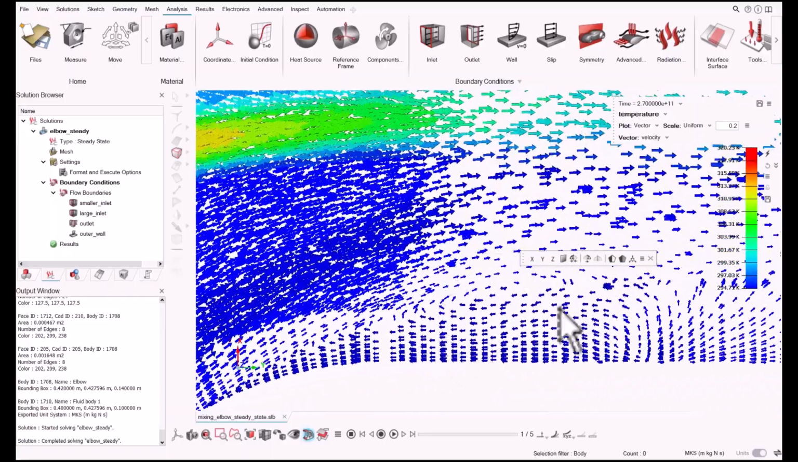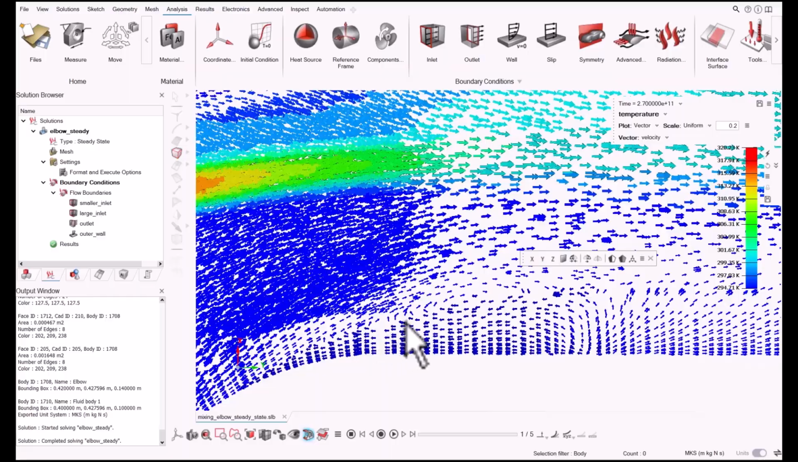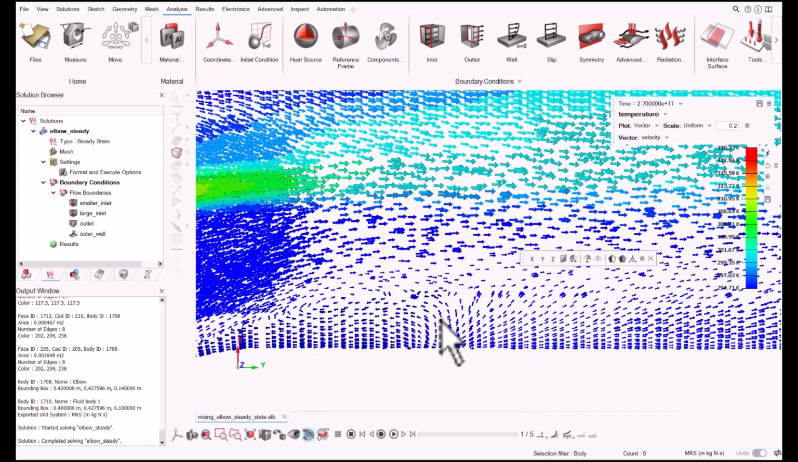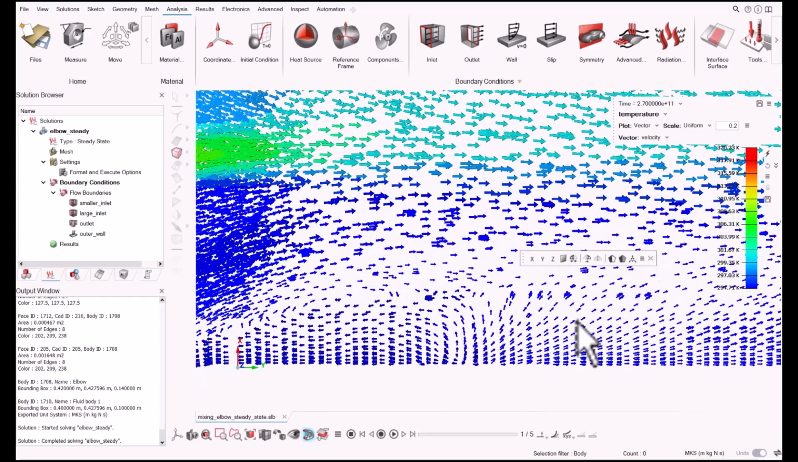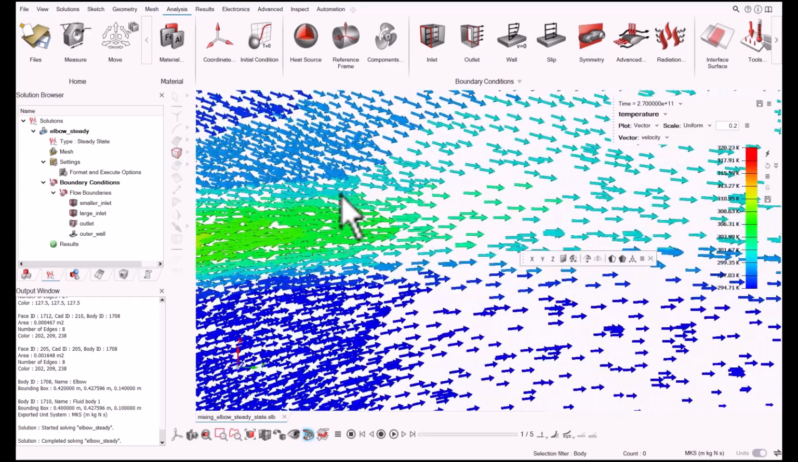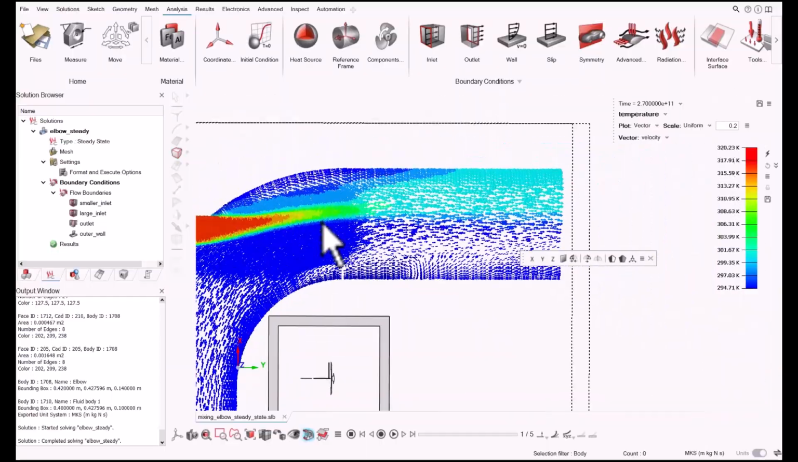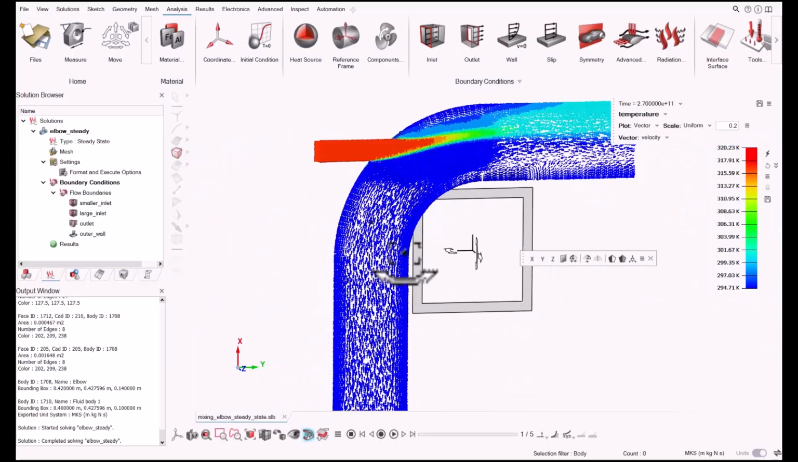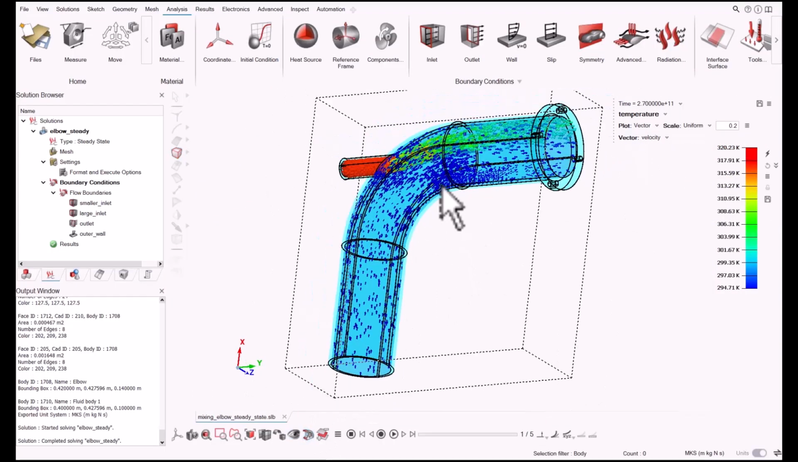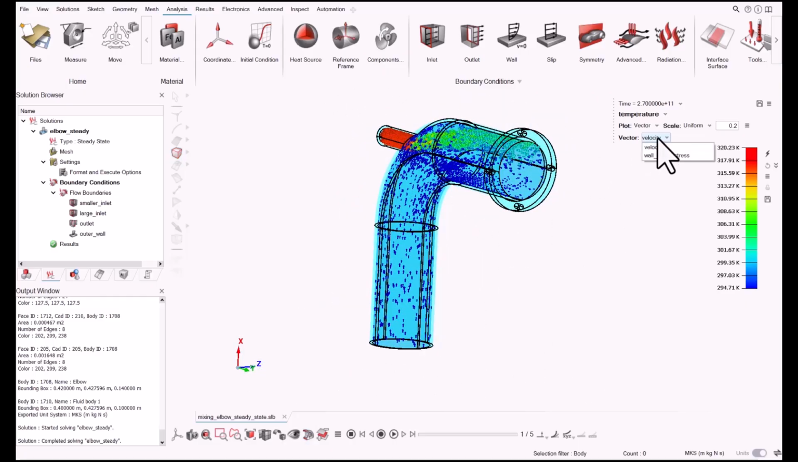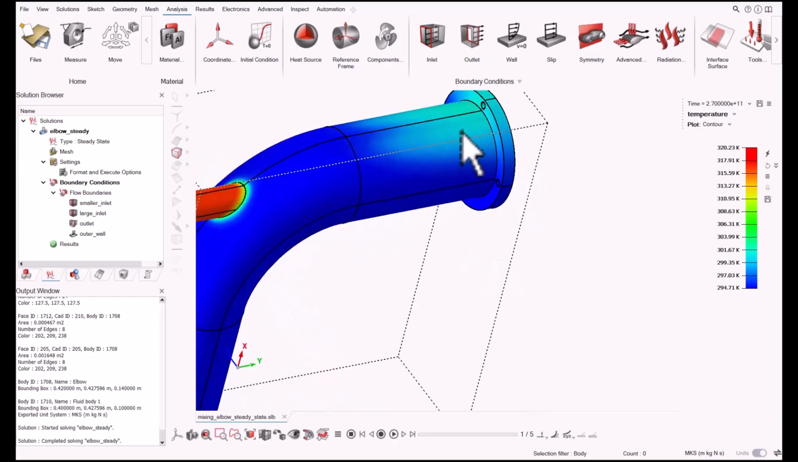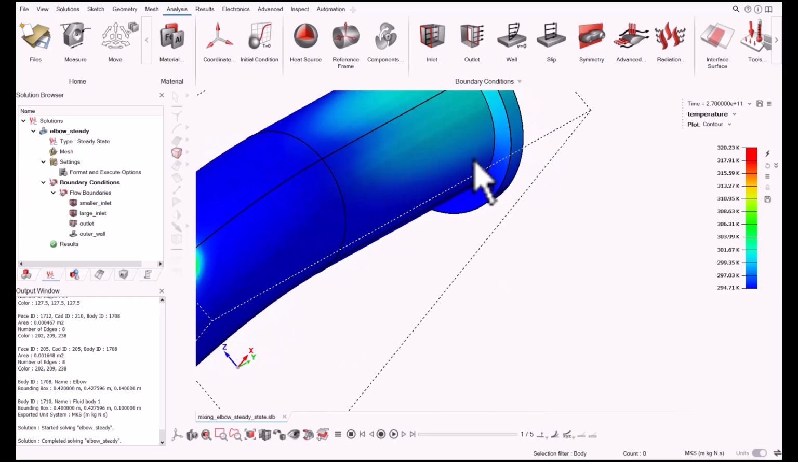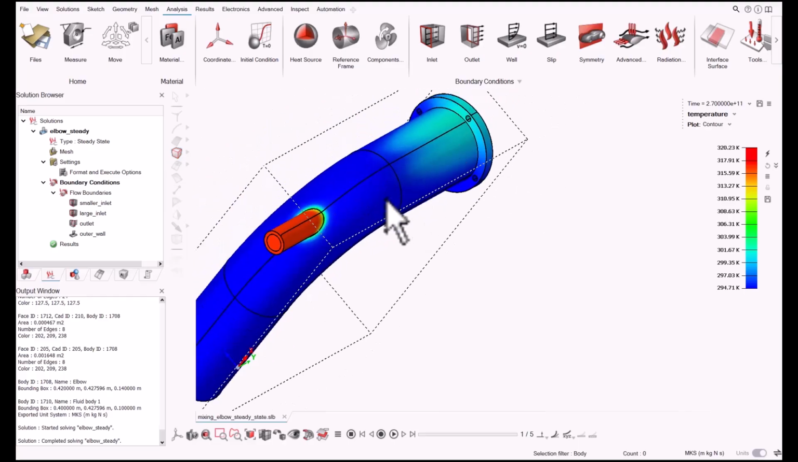We have some recirculation, some small recirculation here. Then moving forward to the outlet, the recirculation is gone. Okay, so we have temperature outside,